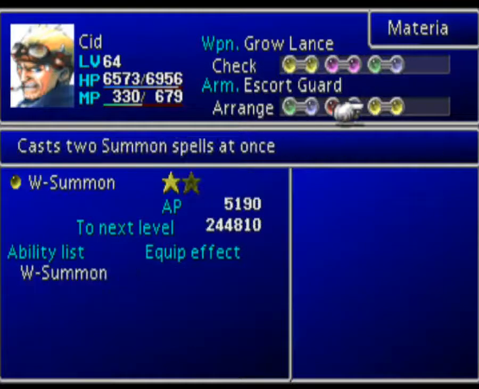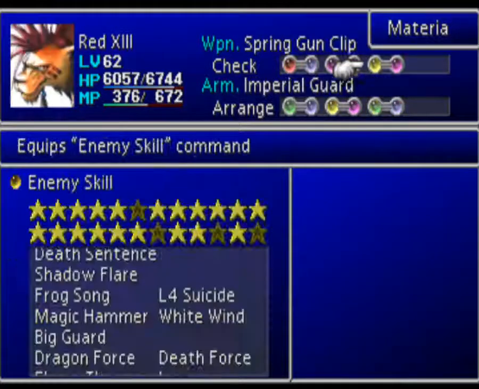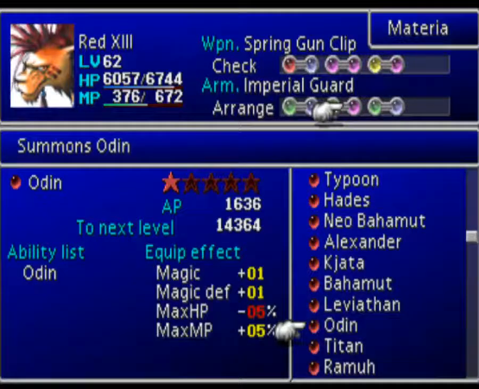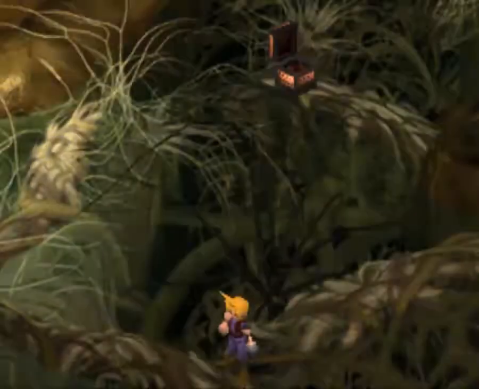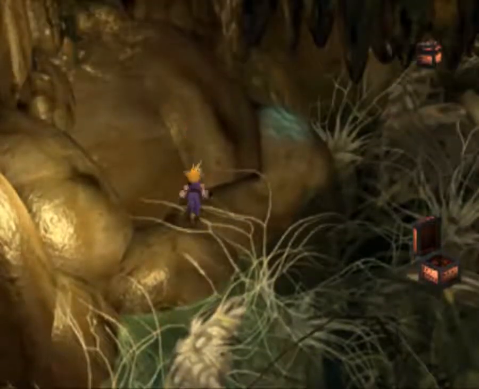I haven't really used those yet, but I probably will. Where else can I put that? I need the manipulate materia for now. Let's take off preemptive, momentarily, not forever. I do want to have Mime on, if at all possible, because it's very beneficial. And, like I was trying to talk about before and got distracted,